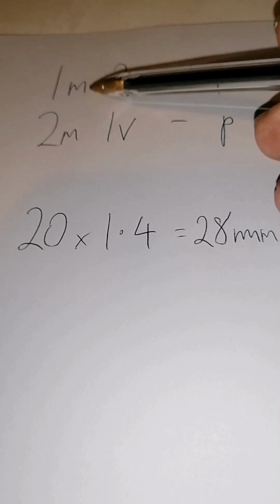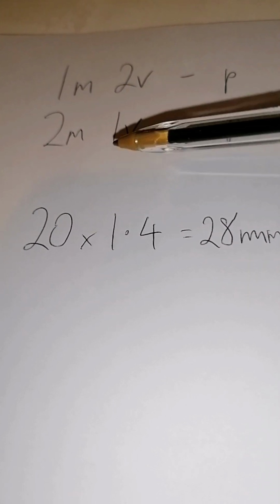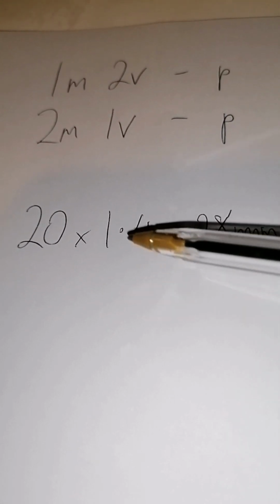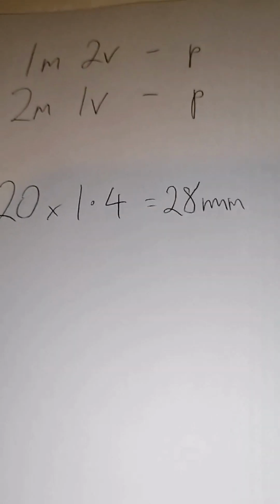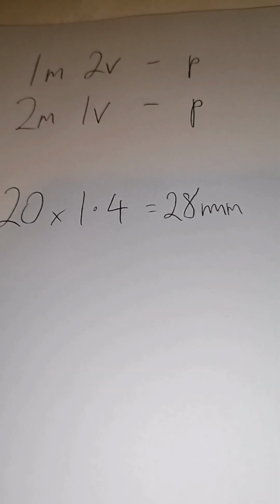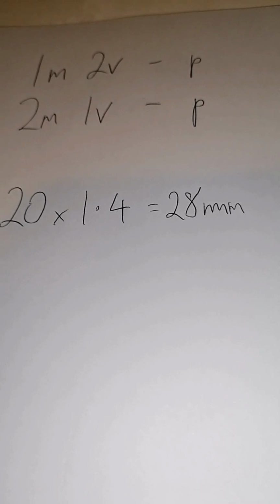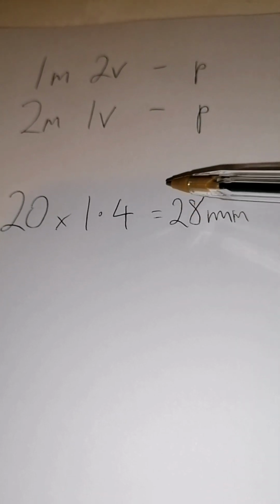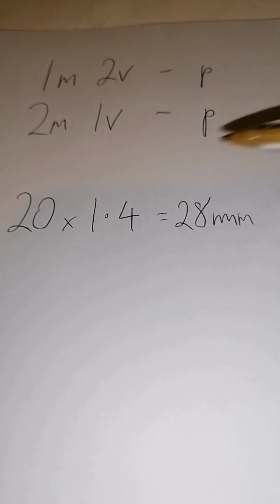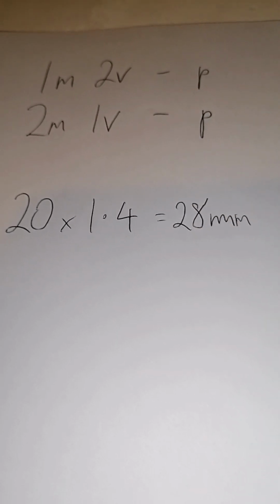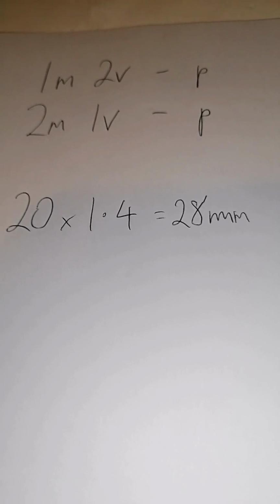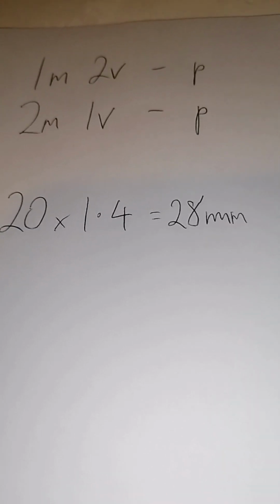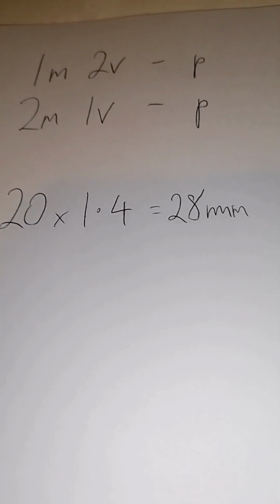So for both of these cases, it was roughly about the 20 mil mark. 20 times 1.4 is 28 mil. So when we drop the 1 mass from 4 heights, now achieving the 2 velocity, in terms of energy and the energy equations, it should roughly compress the spring around about 28 mil. So again, we'll run that test, we'll show the footage,